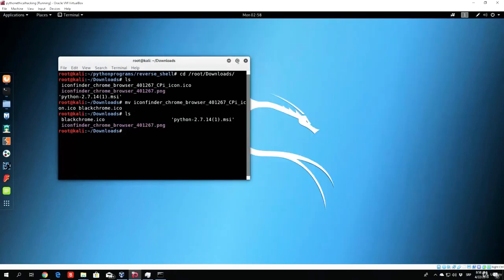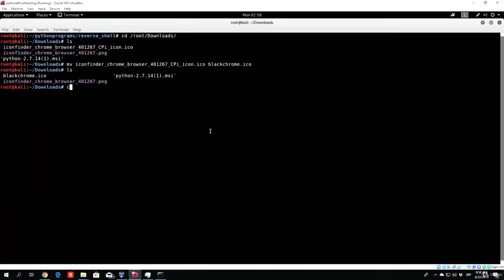And now let's see if we can actually compile with this. So we can go to our root, Python programs, reverse shell, and let's compile our program and make it have an actual icon. So we use the same thing as before, wine, drive C, then Python 27, then scripts, then